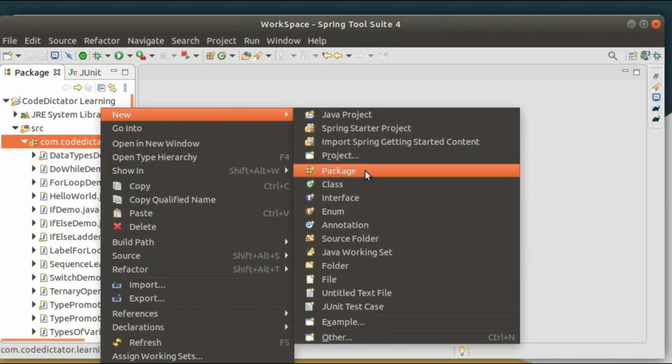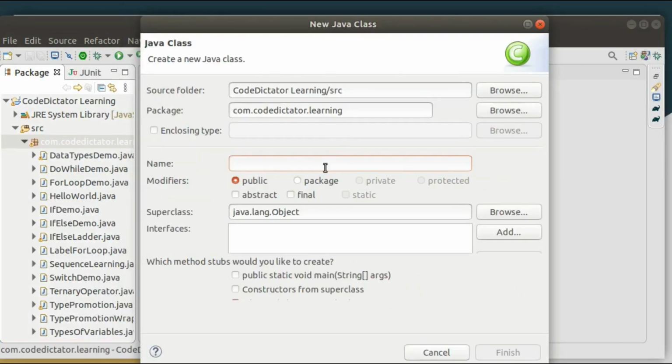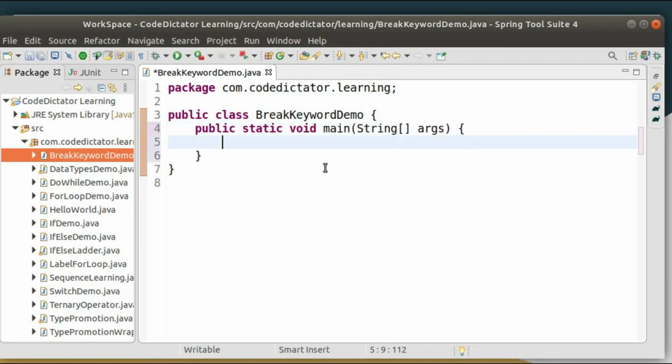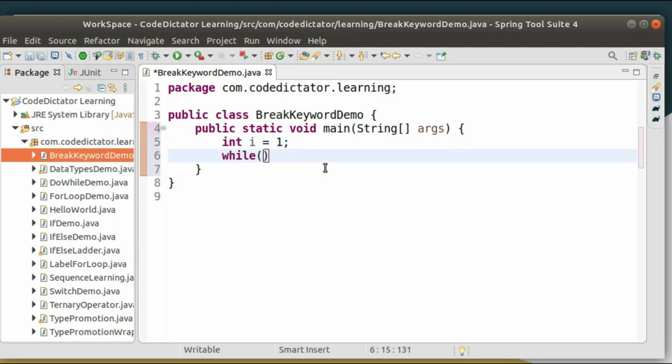Create one simple class, BreakKeywordDemo, with a main method. I have one loop that I am going to iterate: int i equal to 1, while i is less than or equal to 9.